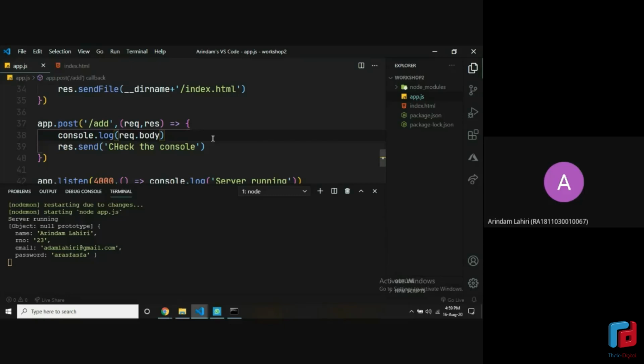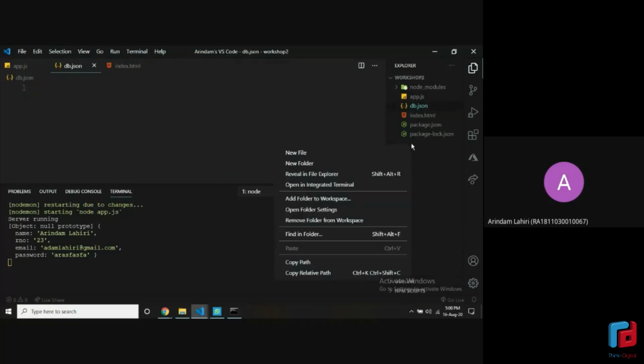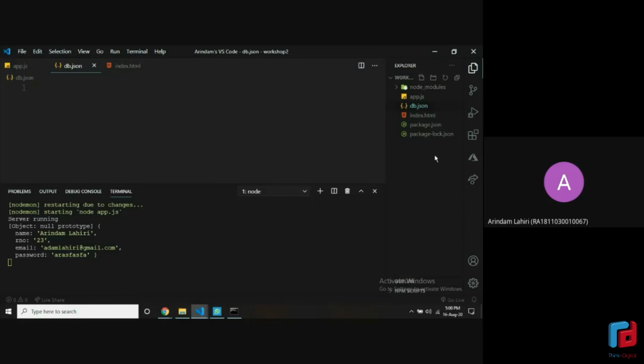Okay, now let's move forward and actually start building out something. So now when someone is filling up the sign up form, we want it to store it somewhere. In an actual real world scenario, we'll be storing it in a database. But since today is a beginner friendly workshop, we'll just be storing it in a JSON file in our system itself. So go ahead and click on new file. Make sure you are inside this folder only and create a db.json file. If you can't find the icon for it, just right click and you'll get an option of new file, the first option, create the file.